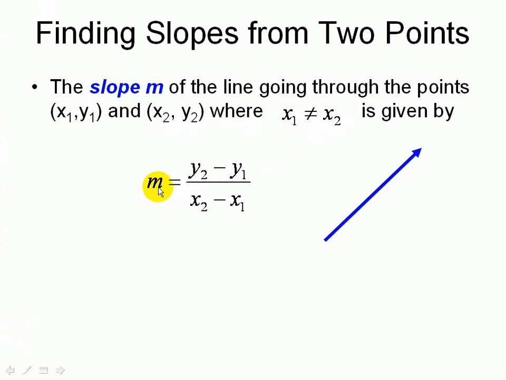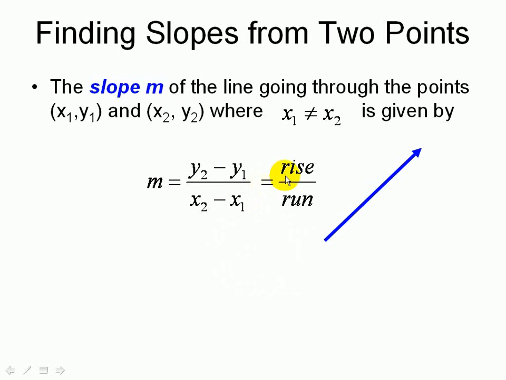Here we have the slope m, we have y2 minus y1, which is just the difference of the y coordinates between these 2 points. We have x2 minus x1, which is just the difference between the x coordinates between these 2 points. Here we have a line with a particular slope,